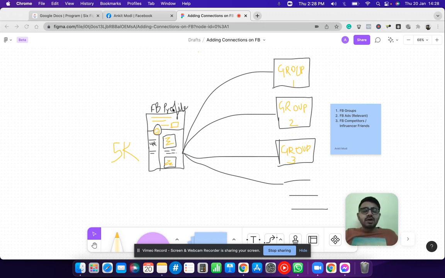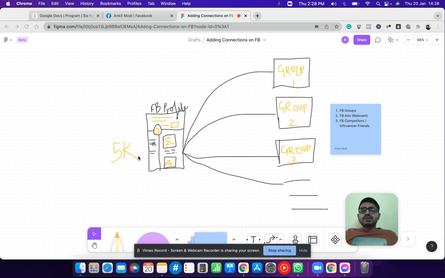So if this is your blog, you would drive traffic through various keywords, right? Keyword one, your blog will rank on Google, and then you can start generating leads and make money. But on Facebook, all you have to do is keep posting content consistently and drive eyeballs from different groups, right? And add connections from different groups, so that you can grow your network to 5,000 highly targeted people.